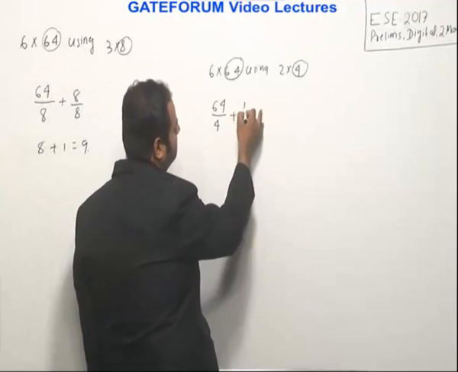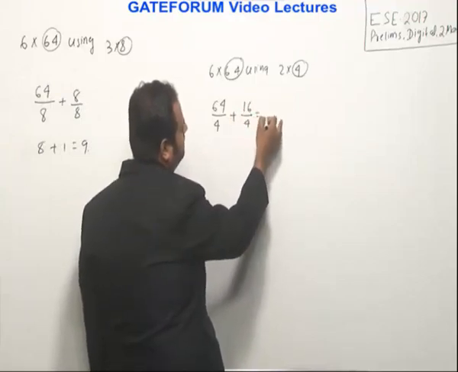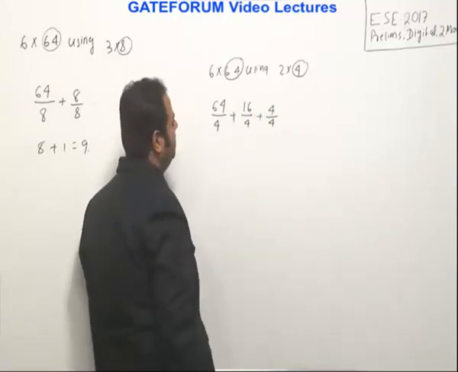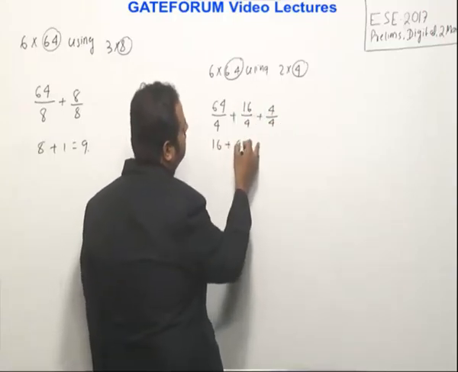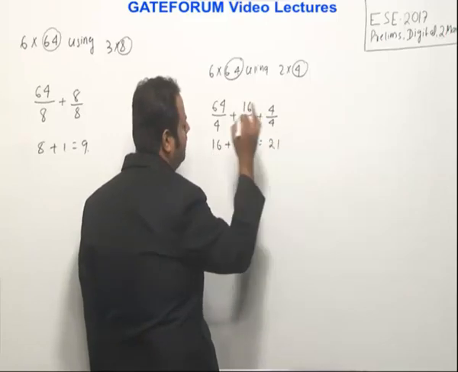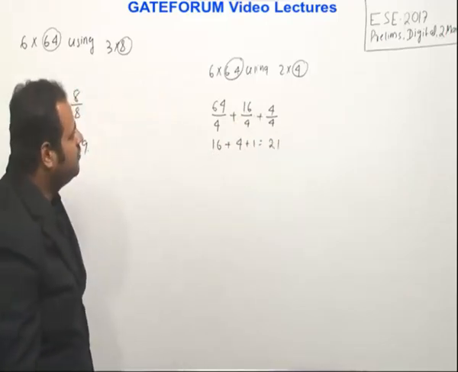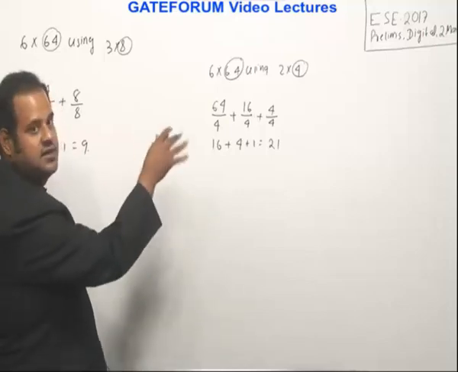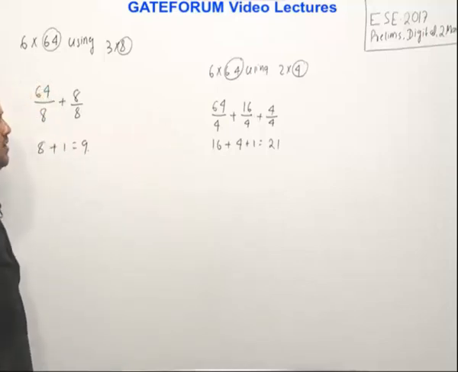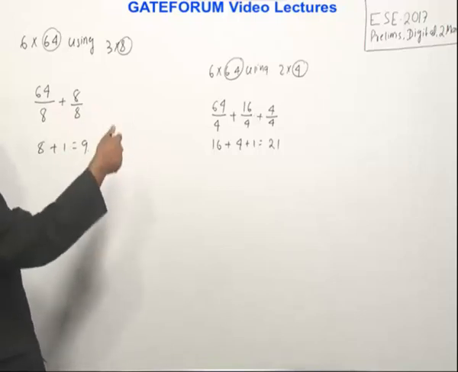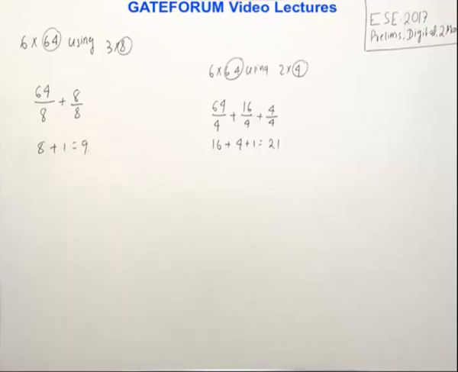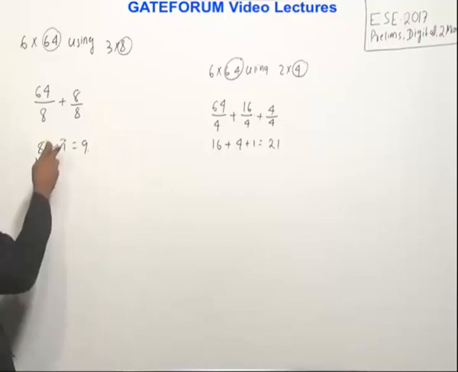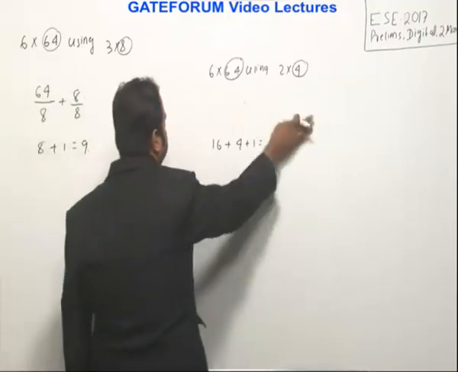So here also you do like this. 64 by 4, how much is this? 16. 16 by 4? 4. 4 by 4? 1. So you stop here. So I need 16 plus 4 plus 1, which is 21 decoders. So 21 2x4 decoders are needed to implement this 6x64. This is a standard method, right? If you need bigger structures, you keep on dividing until you get 1. Where you get 1, you stop and finally add them up. That's the answer. So in our case it is 8 plus 1, 9 is the answer.